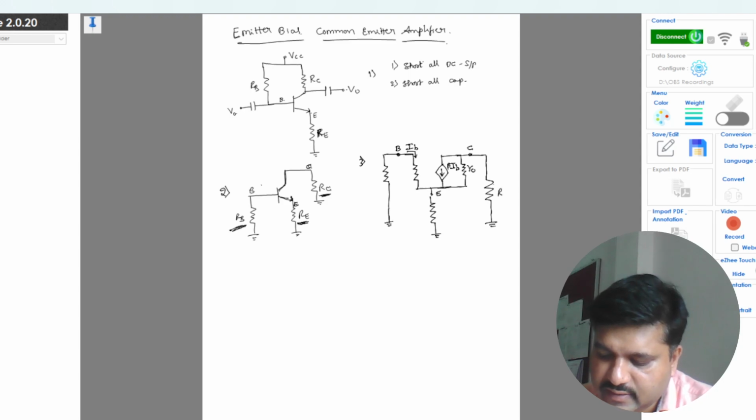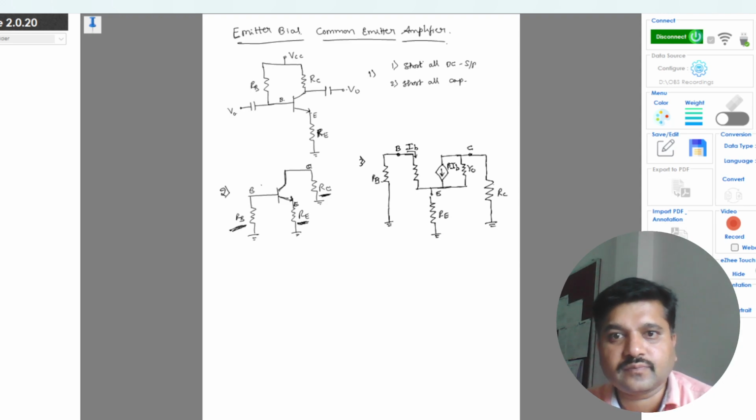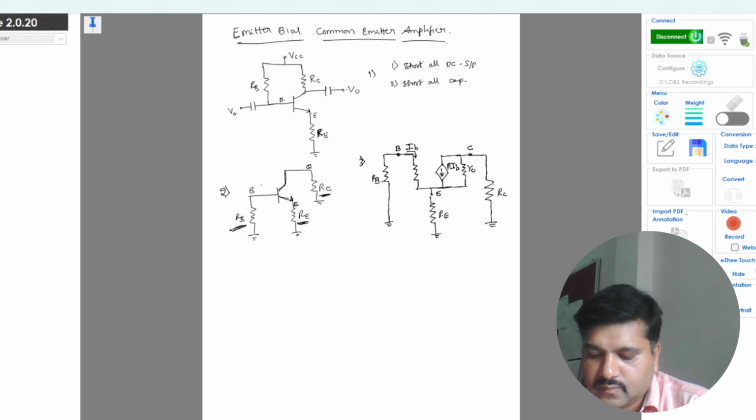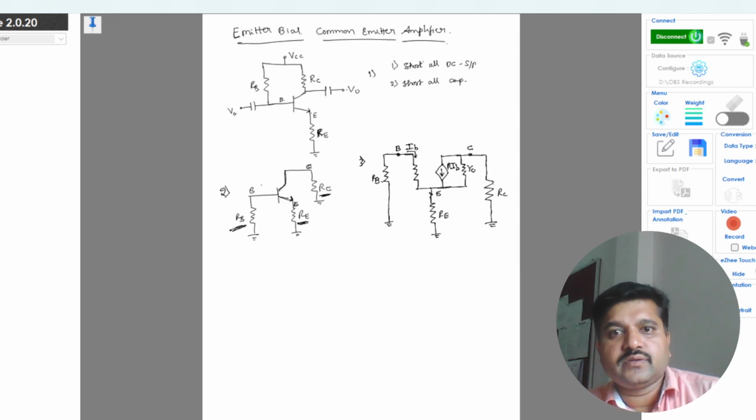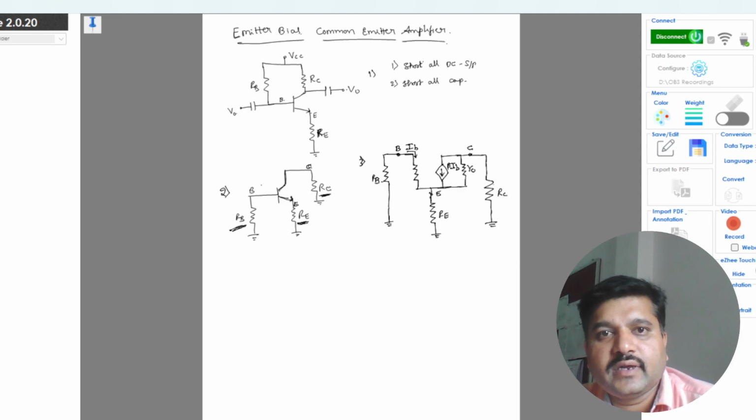This is my RC, RE, and this is my RB. So this is the complete small signal model of the given emitter bias common emitter amplifier